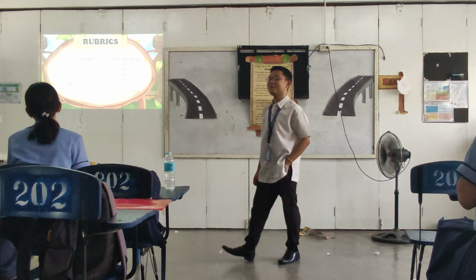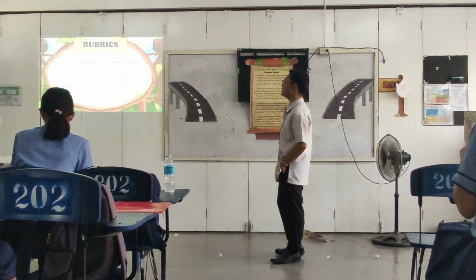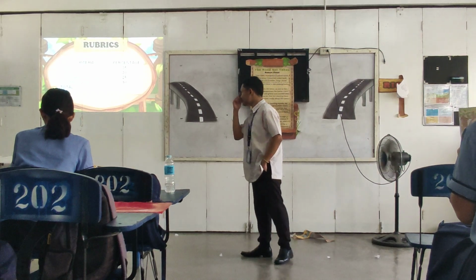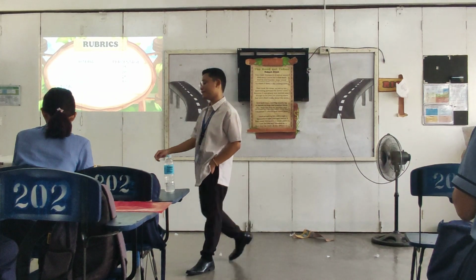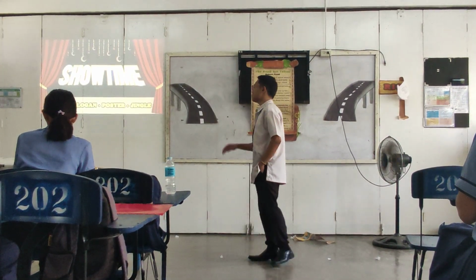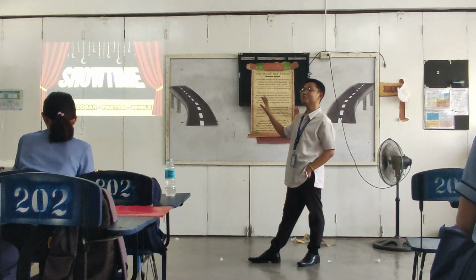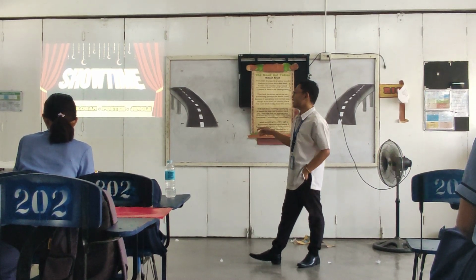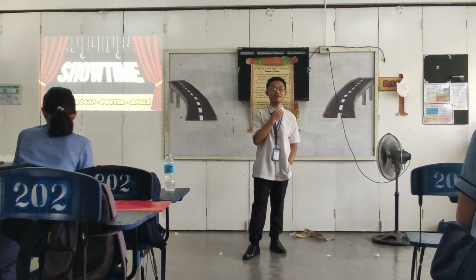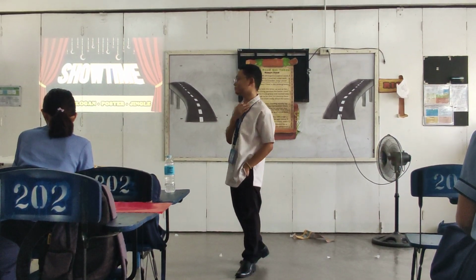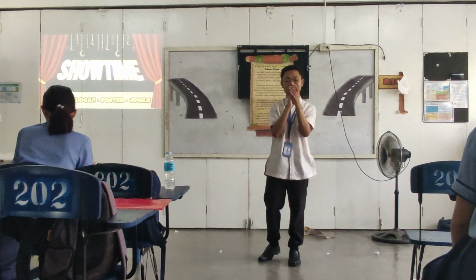First, content, 35%. Creativity, 30%. Third, cooperation and teamwork, 25%. And lastly, time management, 10%. That is 100%. You will write a poem, make a slogan, draw a poster, or compose a jingle and perform it on decision making. So you have 5 minutes to prepare and 3 minutes for your presentation. All done? Yes. Let's give ourselves a round of applause.